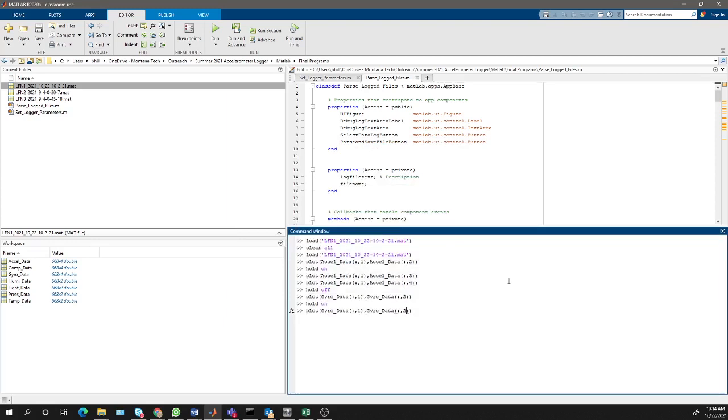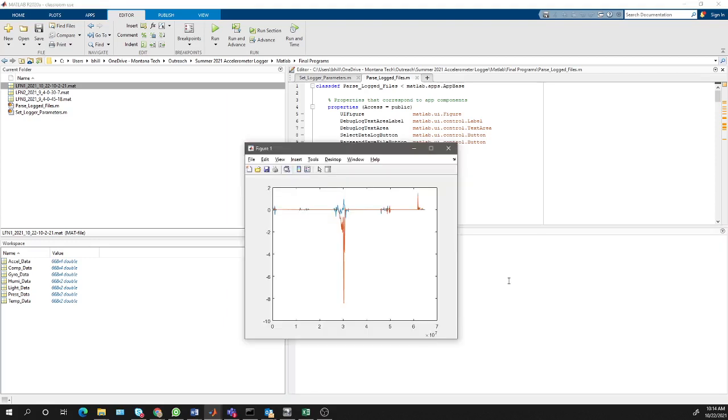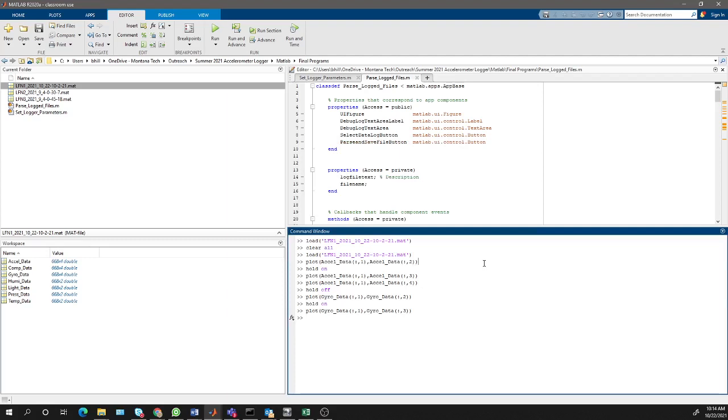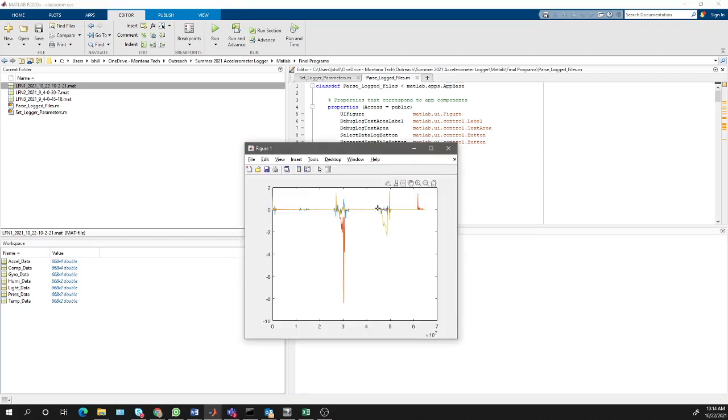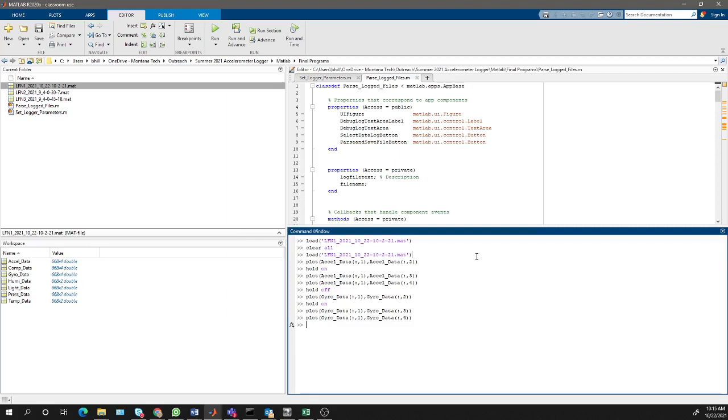I'm going to do the other ones. And this is really interesting because both of these are registering a big spin on that one. So we'll have to go back and play with this one just a little bit more. And look at the fourth one, and the big spin was here for this one. So I'm not sure really which is which. We're going to have to go back and figure it out. What I'm really interested in is